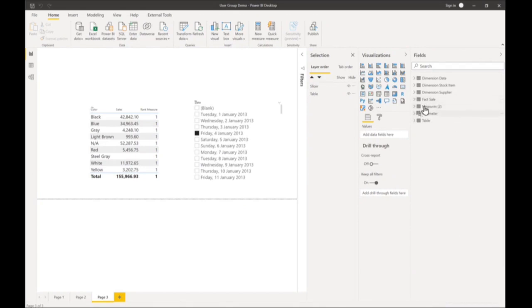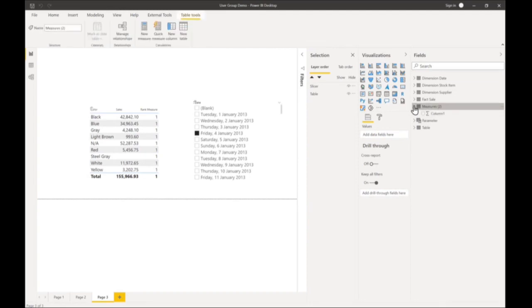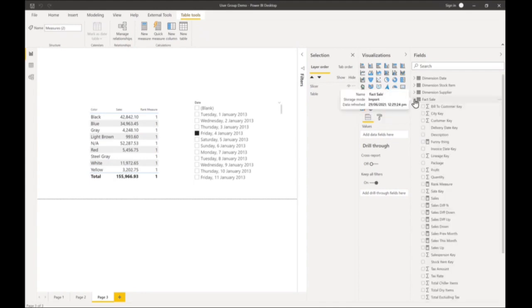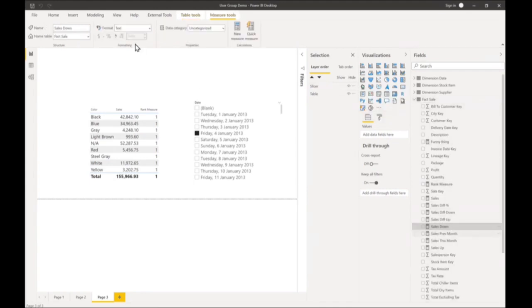All right, so I've got our measures table here. Now, at the moment, it just looks like a standard, normal table. It's got the table icon, but that's because we have a column that's not hidden. So what I'm going to do is click on a measure called, say, sales down, and I'm going to specify that the home table for this particular measure now belongs to the measure table. So that's a quick tip to show you how you can change the home table for a measure. And now that I have a measure on my measure table,